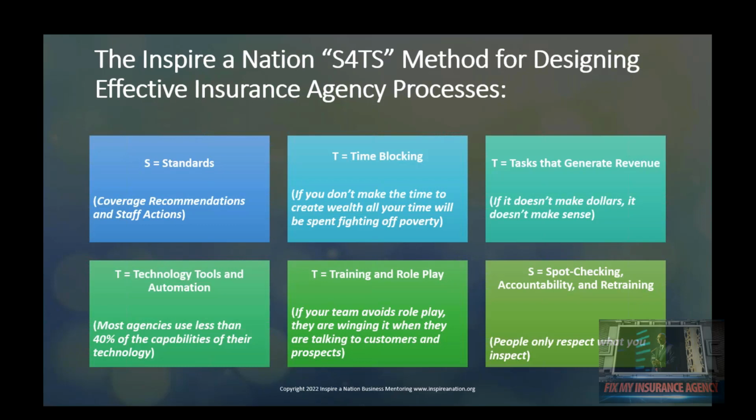The next T is technology tools and automation. And most agencies use less than 40% of the capabilities of their technology. The final T is training and role play. If your team avoids role play, they're winging it when they're talking to customers and prospects. That's not a process. The final S is spot checking. That's where we have our accountability, and that's where we determine if we need to train or retrain on something. Remember, people only respect what you inspect. So throughout this lunch and learn, we're going to base everything on the S4TS method of designing effective insurance agency